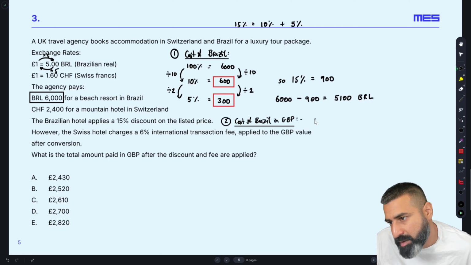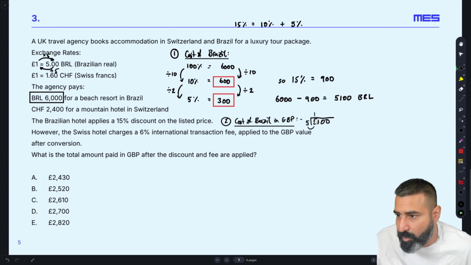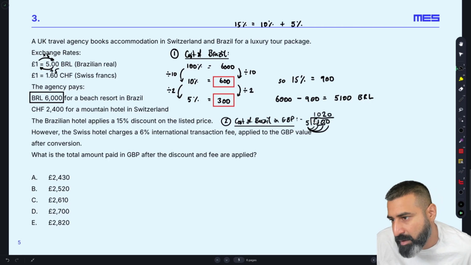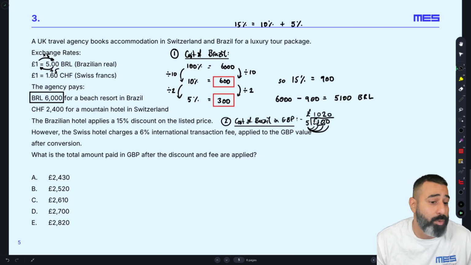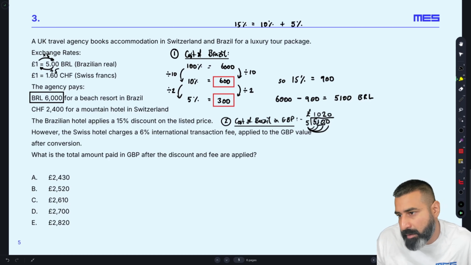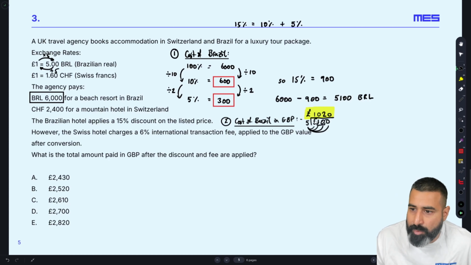So this is going to be 5100 divided by 5. So 5 goes into 5 once. 5 does not go into 1, so we're going to put a 0, carry it over. So 5 goes into 10 2 times, and 5 does not go into 0. So this is 1020, and that's my total cost in GBP. Nice. Okay, let's highlight that, make it pop a little bit. All right. So then what we're going to do,